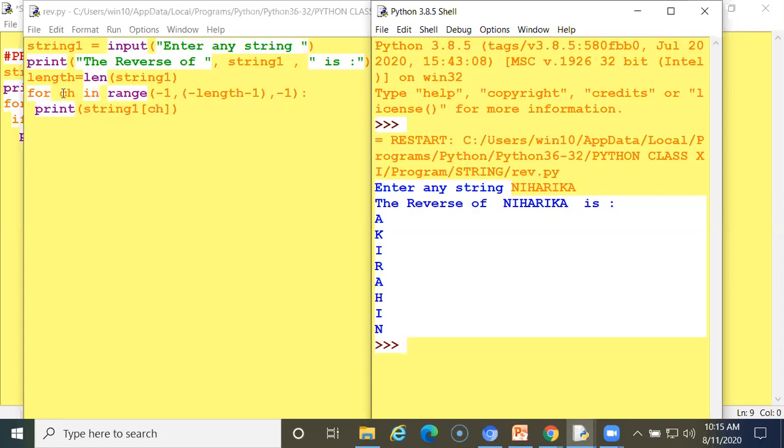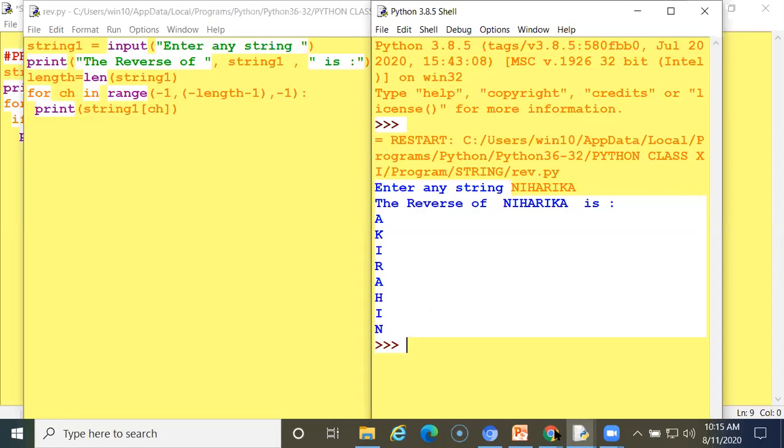And ch will be printed. What is here? This is a counter variable. Once it prints the last, then again the second last, then the third. From the last it will print, and it makes a reverse order. So if you want to print a negative value and reverse order, you have to apply it like this.